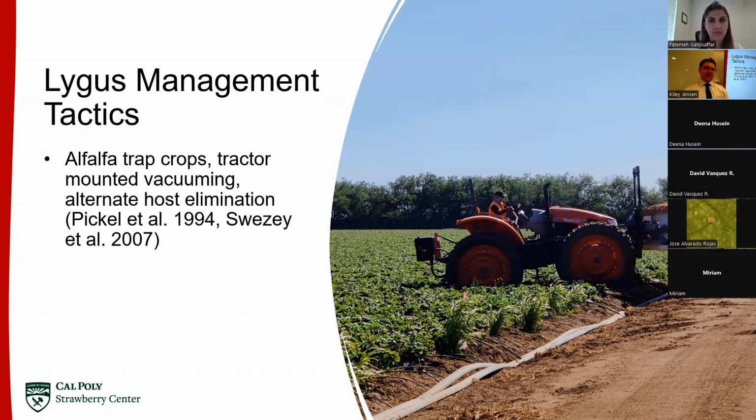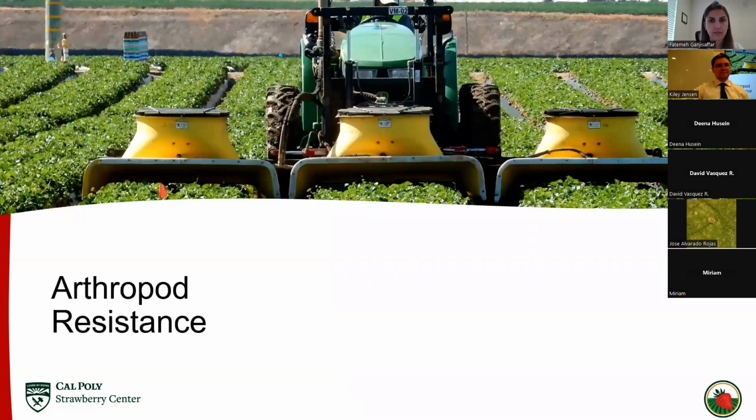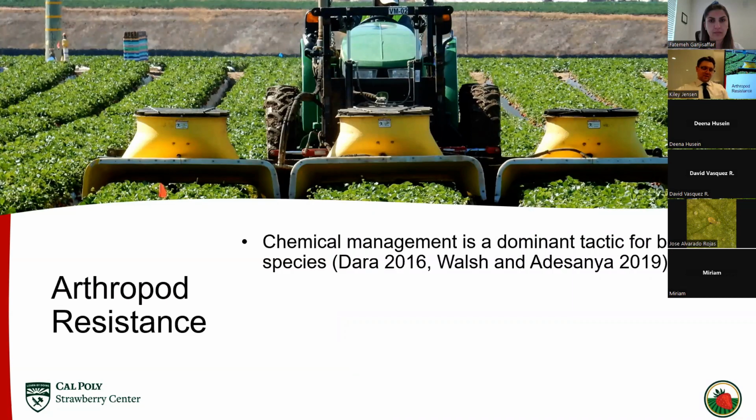Alternate host elimination has been shown to be effective, but again, doesn't suppress Lygus populations enough in California strawberry fields. Lygus is also incredibly prolific, and it can feed on over 100 different species of plants, many of which are California native weed species. So elimination of weeds in and outside of strawberry fields can reduce Lygus numbers. Right now, all of that leading up to those management tactics typically fail to suppress